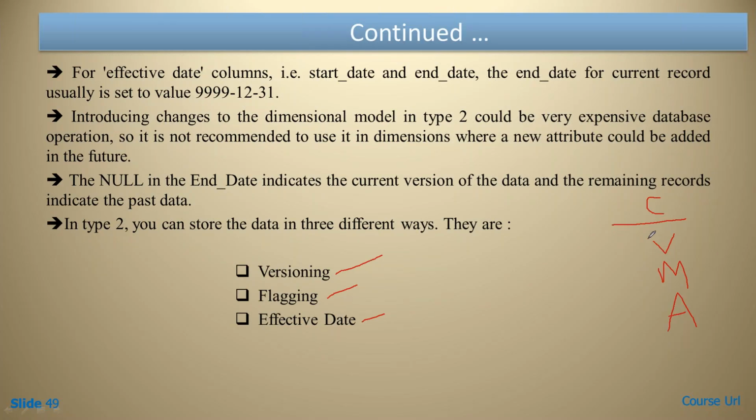So this is the card type. Now, how many cards do you have? In this way, you may have used 10 cards or 20 cards. So we have to count 1, 2, 3, 4, 5, 6, 7, like that. Then only will we come to know how many cards Rakesh has used or Vishnu has used. So for this count, one column is added in SCD type 2, which is named version